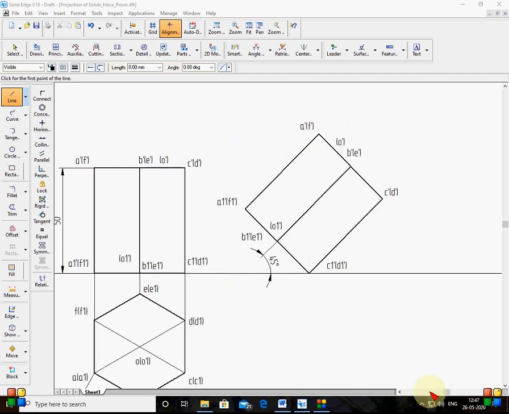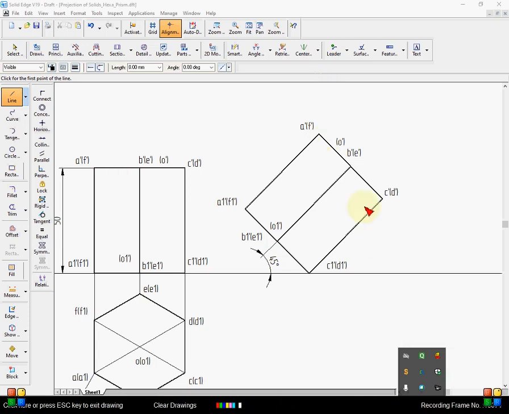Now from the top, when I look from here, this portion is the hexagonal portion. This is the rectangular portion. From the top, if I see in this direction, the hexagon is seen. A, B, C, D, E, F is the hexagon. This hexagon is not seen, it is at the bottom.